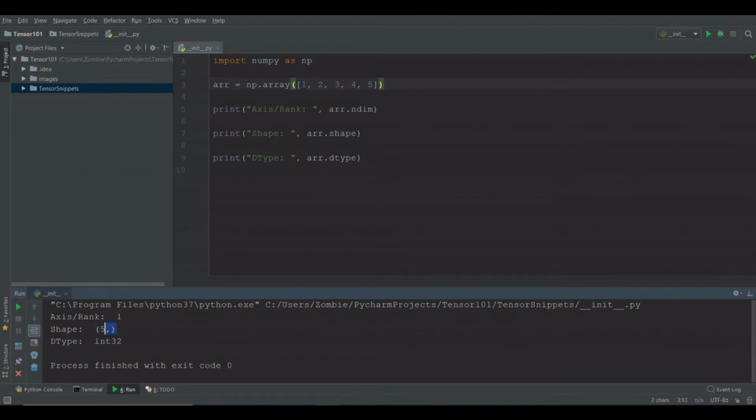Shape is a tuple with single value 5, which represents that 5 elements are present along the single axis, which is the 5 elements of the NumPy array. And again, dtype is 32-bit integer.